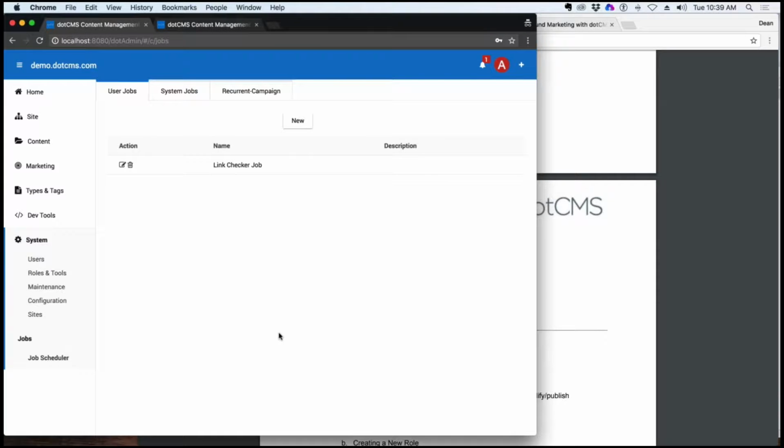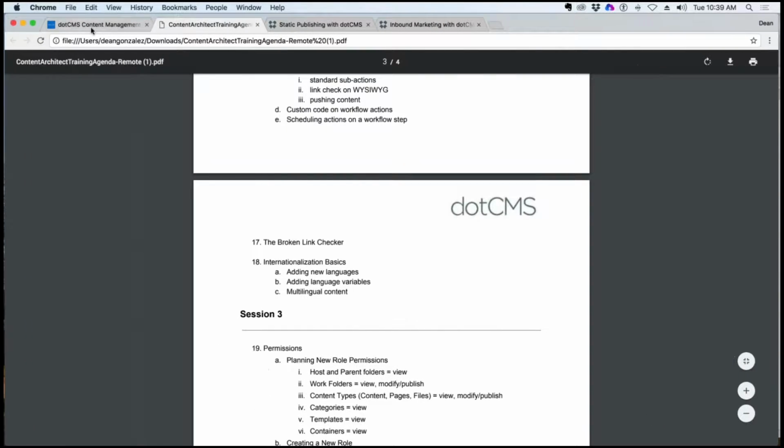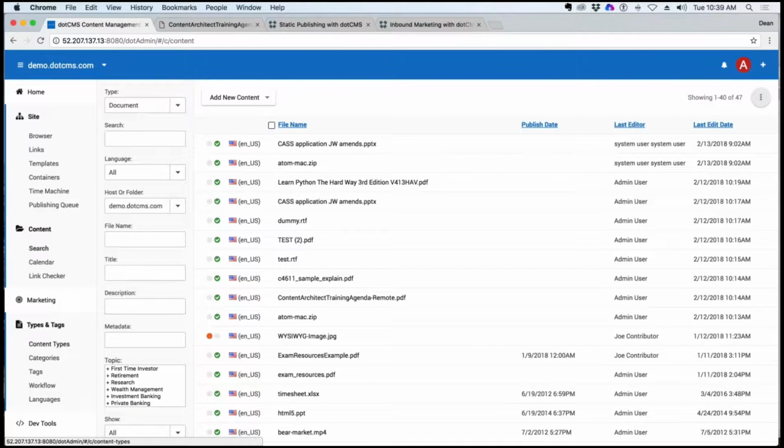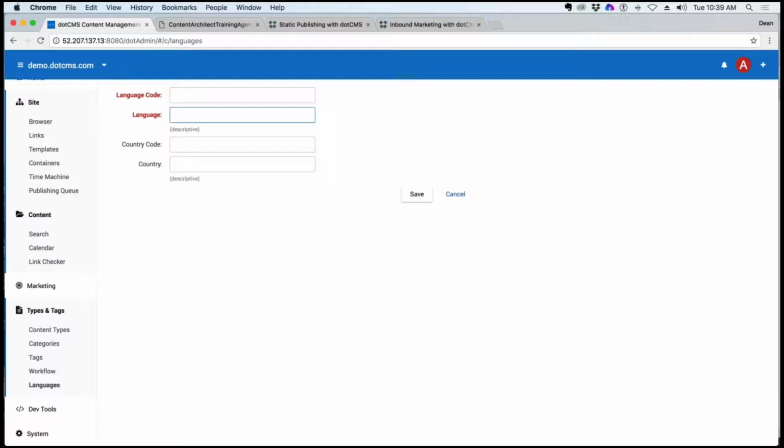The language of variables. And so we'll drop this localhost, go back to our server. And if we wanted to set up languages here on the back end, we wanted to add a new language. We wanted to add French. So we would need to put a language code, a country code, and then put the descriptive language and descriptive